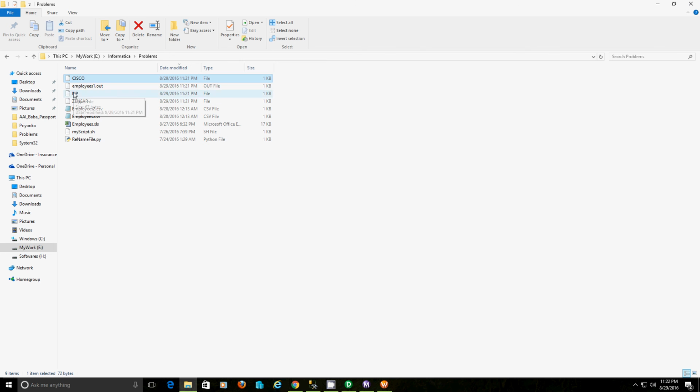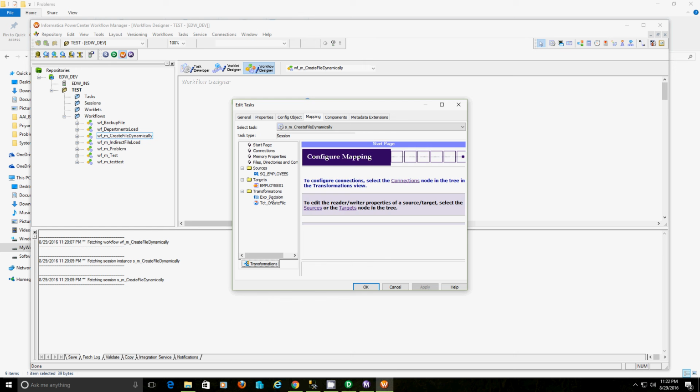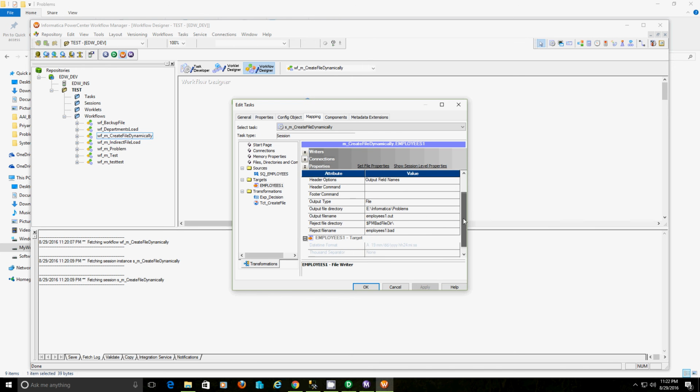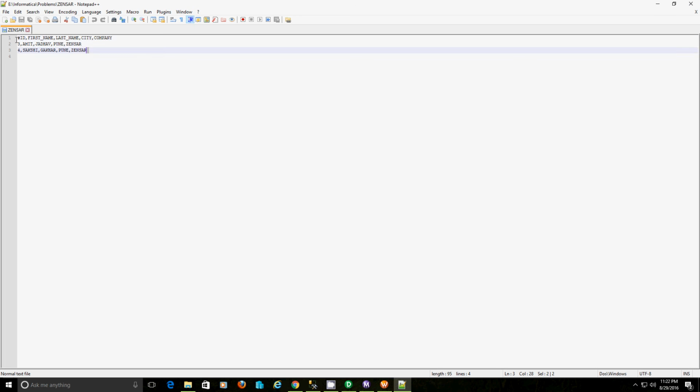Okay, so these files got created. This is the default file which doesn't have any records, and it got created because we had specified the file name over here. You can ignore that. The Zensar file should have 3 records. Okay, there is a reason one record got missed.